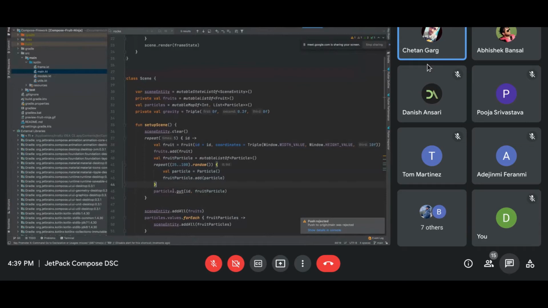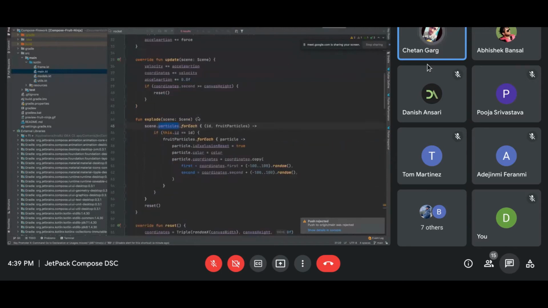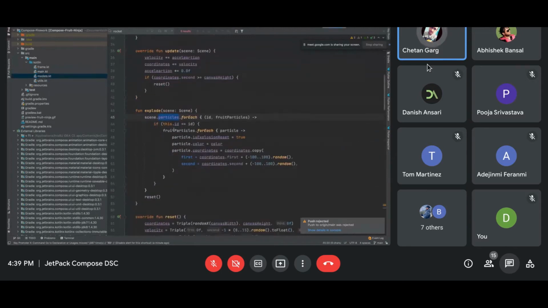So I'm maintaining this hash map, which tells me against which fruit ID I have how many explosion particles. Let's go back. On every explosion, I check whether the fruit ID is equal to the item's ID, and then on every fruit particle, I set the explosion to true.